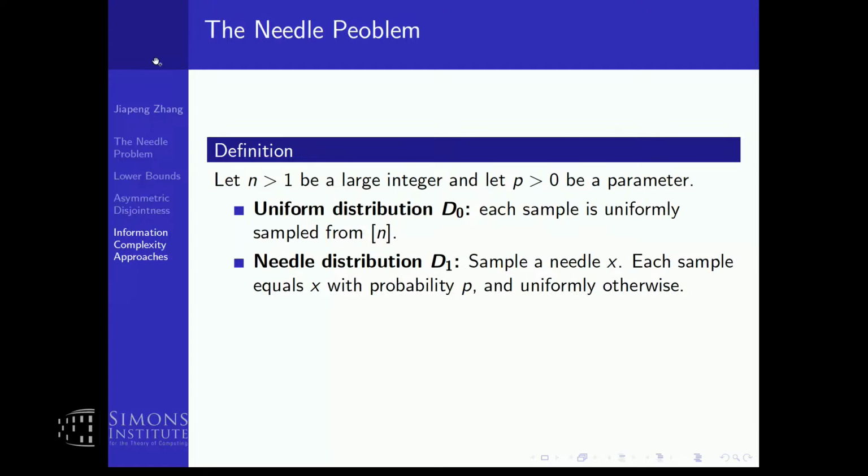Let me recall the needle distribution. The needle problem is that we want to distinguish these two distributions: D0 and D1. D0 is the uniform distribution. D1 is the distribution where